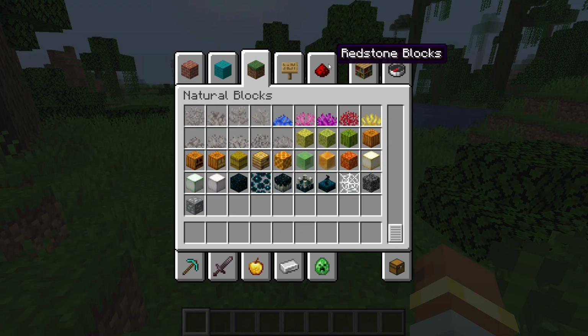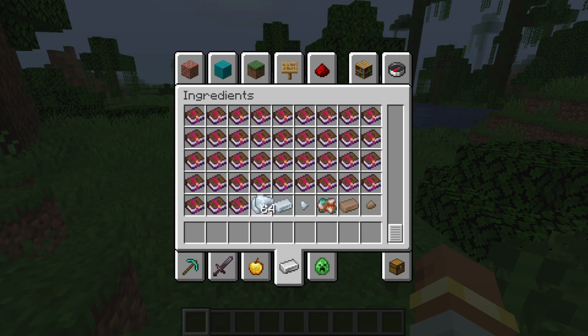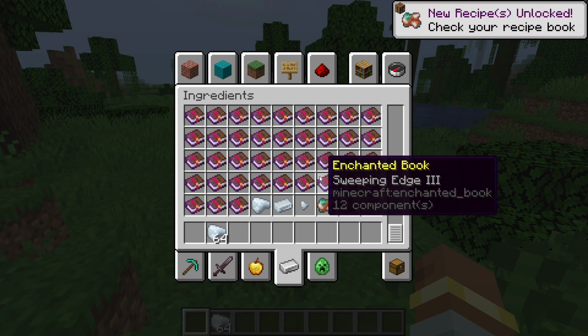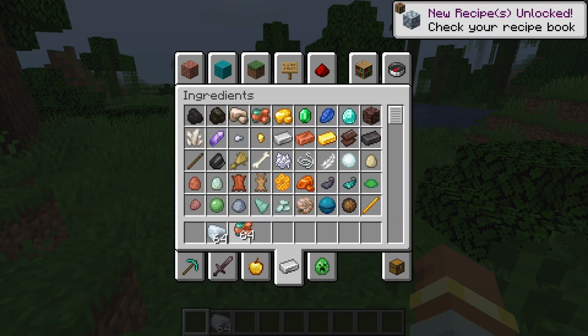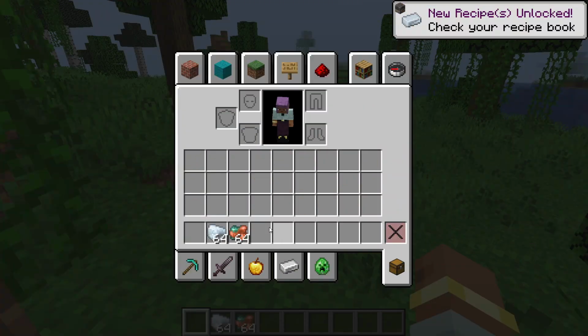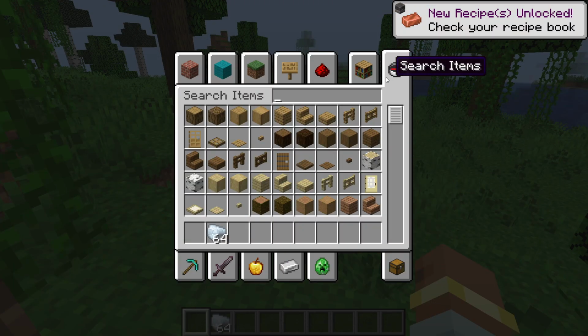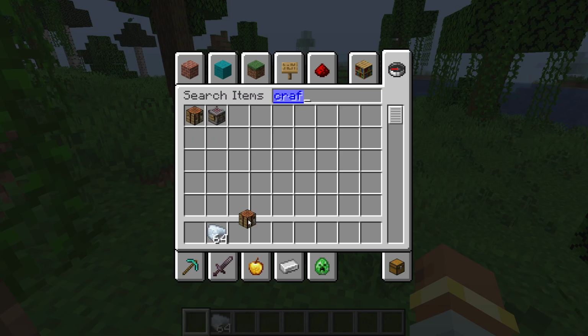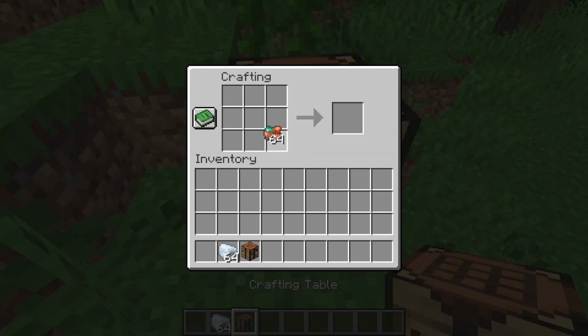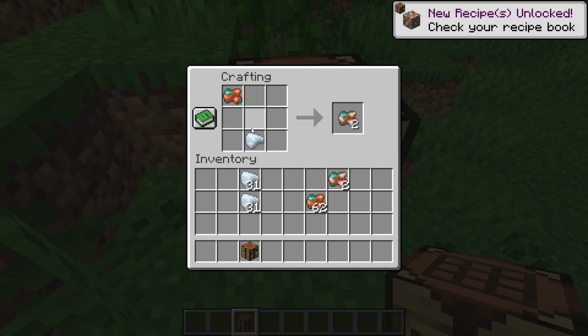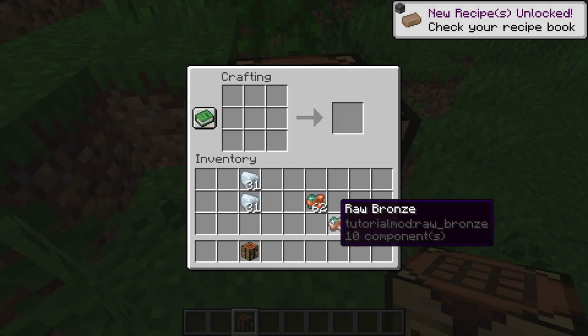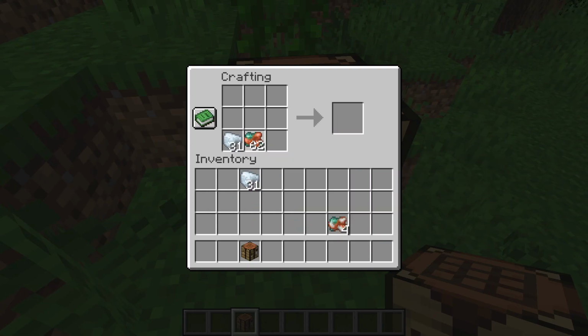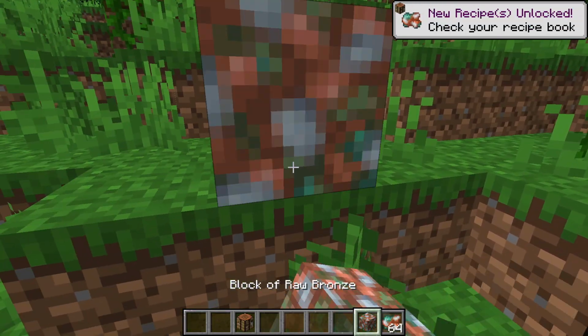So that's perfect, unchanged. So if we go to ingredients and then grab raw tin and raw copper, just here, and then we put that into our crafting grid, which we don't have. So I'll just grab a crafting table. Like so. So I've got 1 raw copper, 1 raw tin, and we get 2 raw bronze. And this is shapeless, so I could just put them anywhere in the crafting grid, and we'll get our raw bronze out. So if I make a bunch of this, like so, I can turn that into a block of raw bronze, like so,